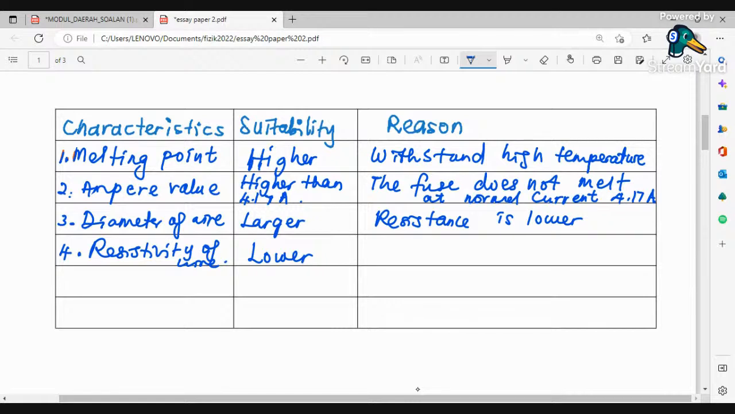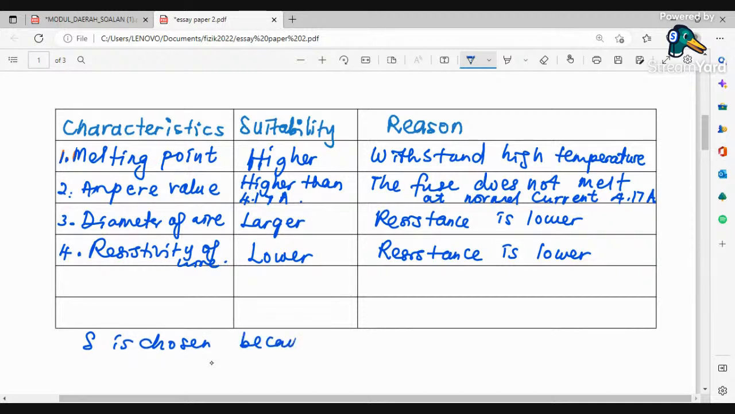Lower resistivity also, you can use the same reasoning for this one. Resistance also is lower. Okay, so from here, what is your choice? There are 4 points only, 4 characteristics, and the suitable characteristic that you choose, you write the reason. It can be repeated, and then you can choose the best one. So S is chosen